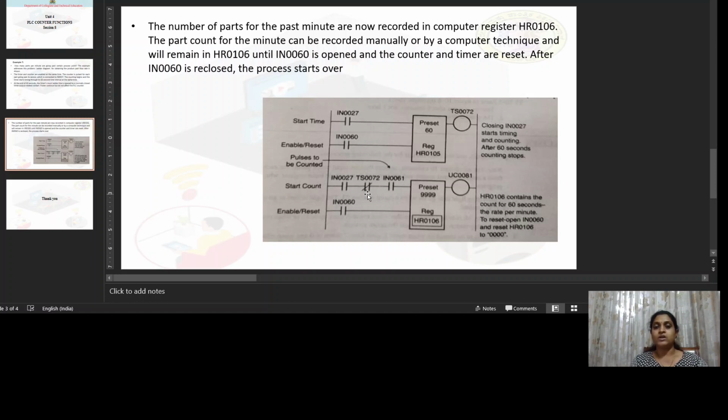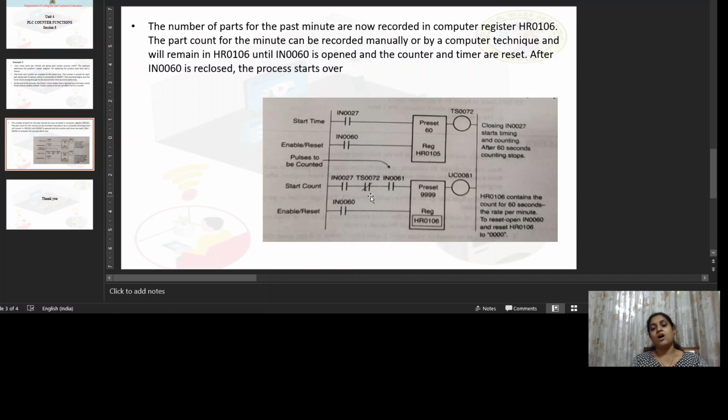The moment the contact TS072 opens, even though high pulses arrive and energize the contact IN61, those pulses will not be counted by the counter, because TS072 is now open and there is no closed circuit between the two power rails.